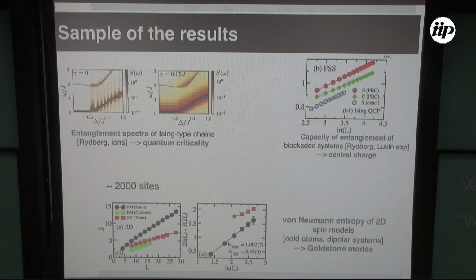So these are measurements of what is called central charge, which is an important quantity in characterizing quantum critical points in one dimension. They are motivated by recent experiments at Harvard, in Rydberg systems, in the lab of Misha Lukin, and are discussed through entanglement capacity. These allow us, with reasonable system sizes like 20 to 30 spins, to detect almost unambiguously signatures of quantum criticality. And this is instead something different, a measurement of the von Neumann entropy as a thermal entropy